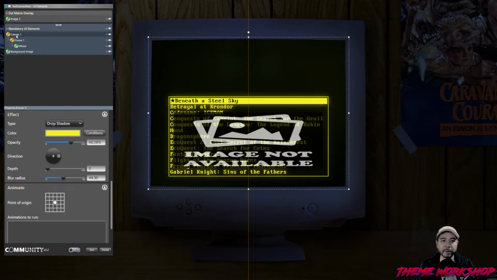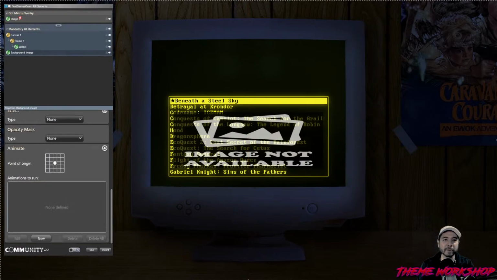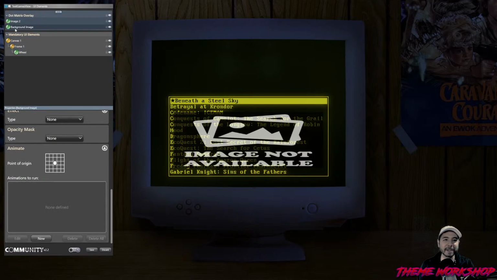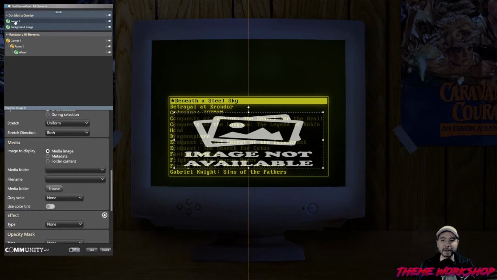Actually, you know what I'm going to have to do? Because this is actually my overlay now that I'm thinking about it. That makes more sense. Okay, so this is the dot matrix